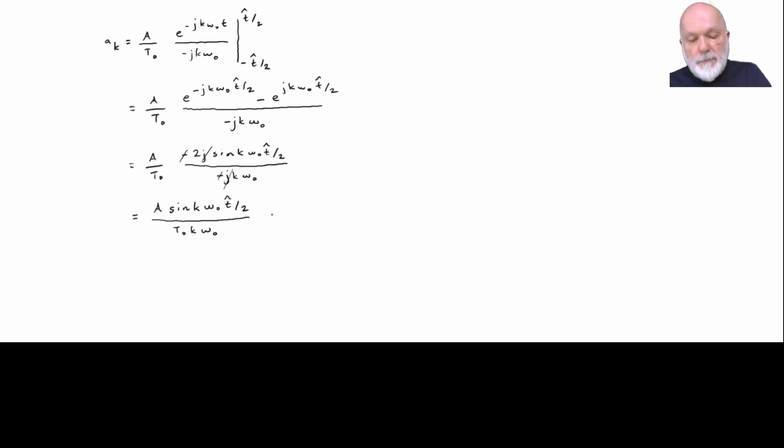Now, here we can do the following. We know that omega 0 is related to T0. Omega 0 is equal to 2 pi over T0. So we substitute this value now in this expression and we obtain A sine(k 2 pi over